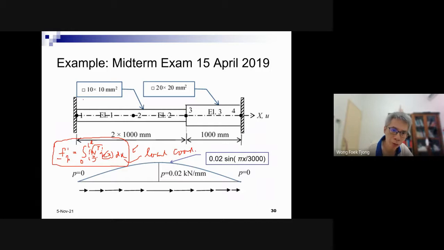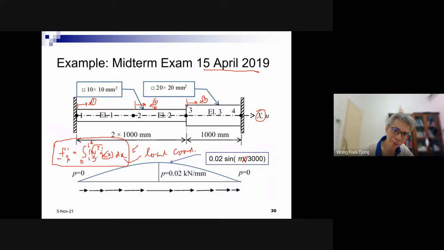coordinate, not global. So we have a local coordinate system here for element number 1, and another local one for element number 2. We have a local coordinate system for each element, and they are different. These integrals refer to local, not global. Don't make a mistake; I think many students made mistakes on this exam. But watch this: this is capital X, which means local referred to global.